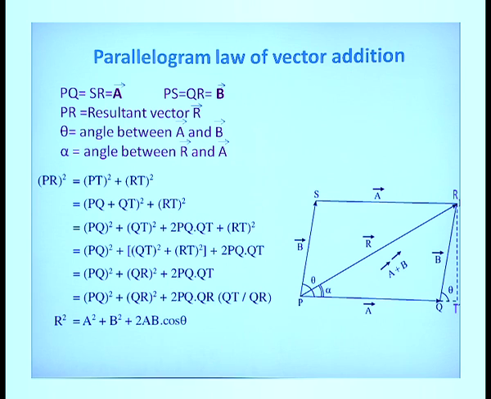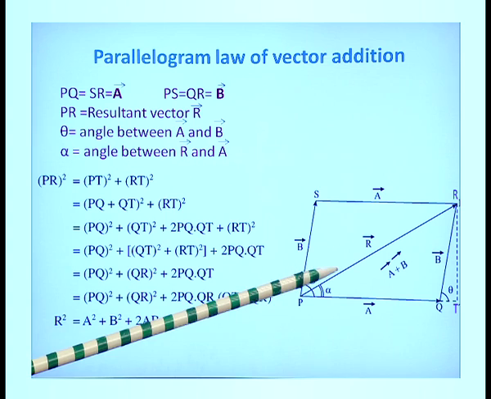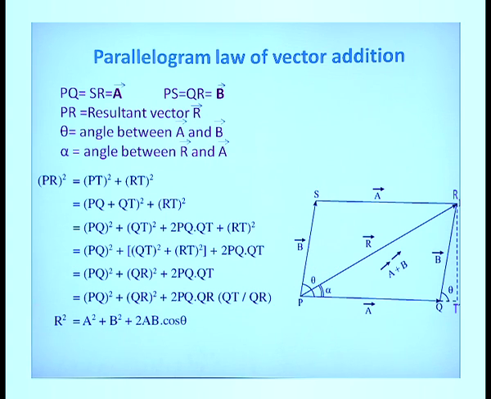This angle is between the two vectors A and B, and there is another angle alpha, which is the angle between vector A and the resultant vector R. Now, we can find out the magnitude and direction of the resultant from this parallelogram law of vector addition. Here you can see PRT